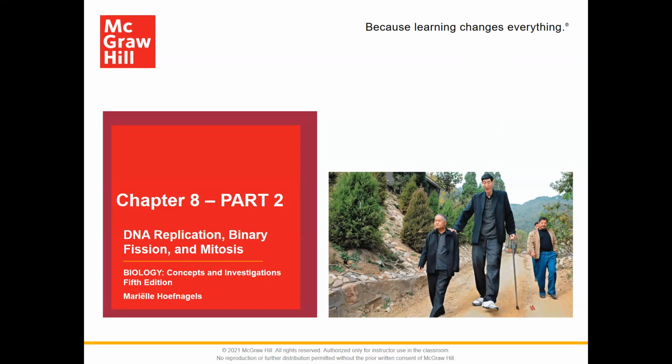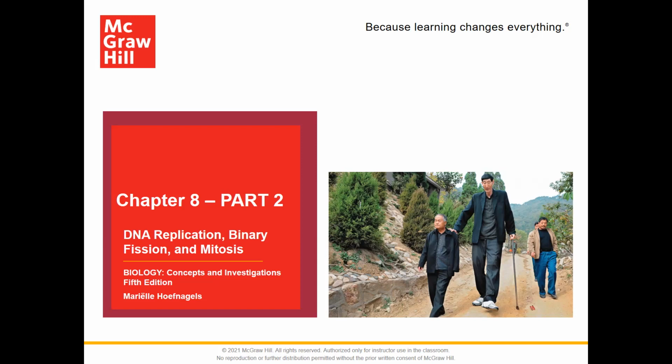You're going to want to make sure you review all the enzymes involved in that process, from topoisomerase that untwists the DNA, to helicase that unzips the DNA, to DNA polymerase that brings the nucleotides to the parent strand. Make sure you review the DNA strand being anti-parallel, with one strand running in the opposite direction of the other, and that it is a semi-conservative process that creates the new strand, with half of it being from the parent strand and the other half being a brand new daughter strand.